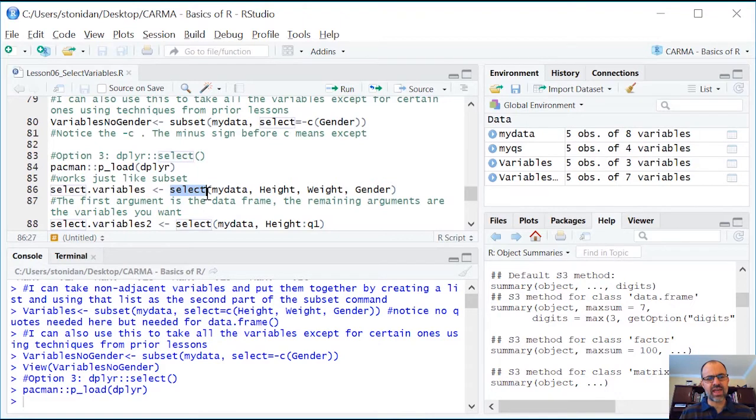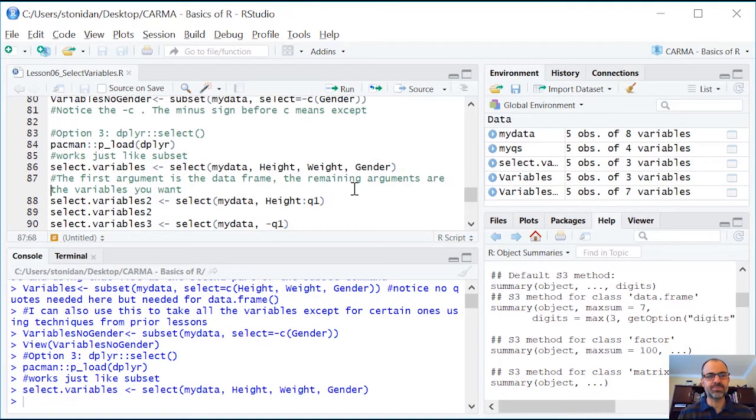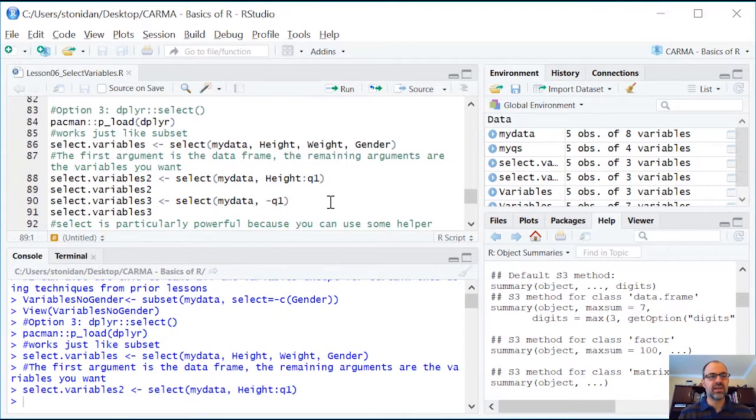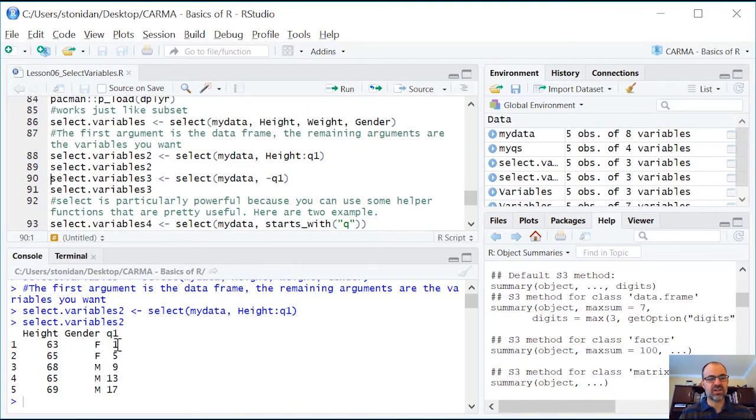So the way that select works in dplyr is the first argument is the data frame. So again, we're going to do my data. And then the remaining arguments are the variables that you want to select. So we can select height, weight, and gender just by listing them all. Just like in subset, we could say, hey, I want to get variables from height to Q1, so using the colon. And you can see that I get height, gender, and Q1. I can select all the variables from my data except Q1,